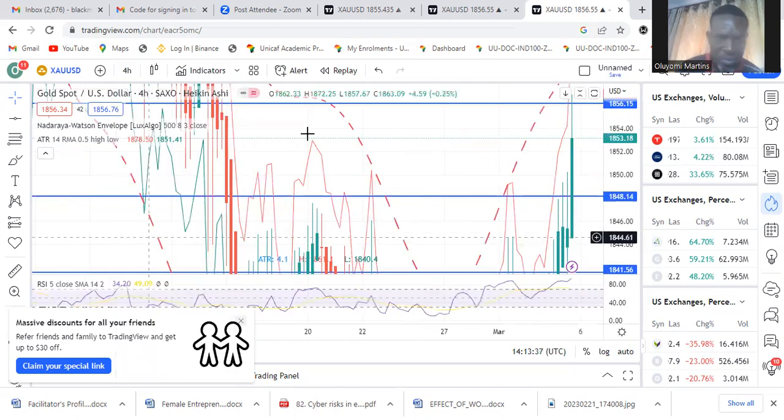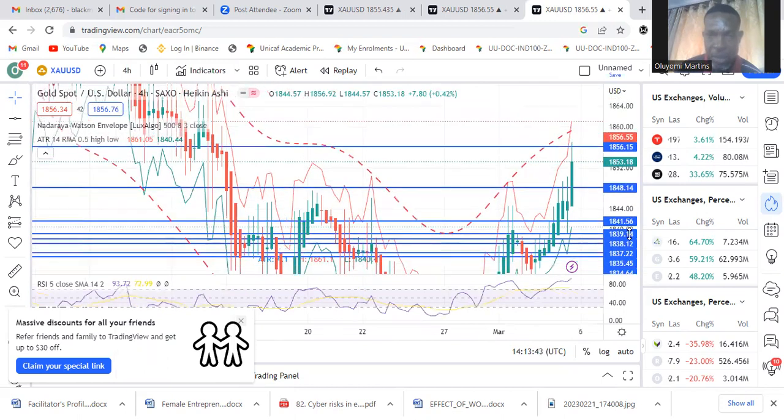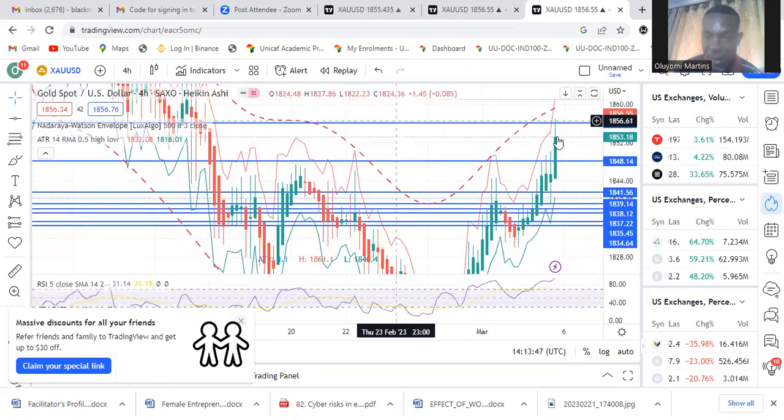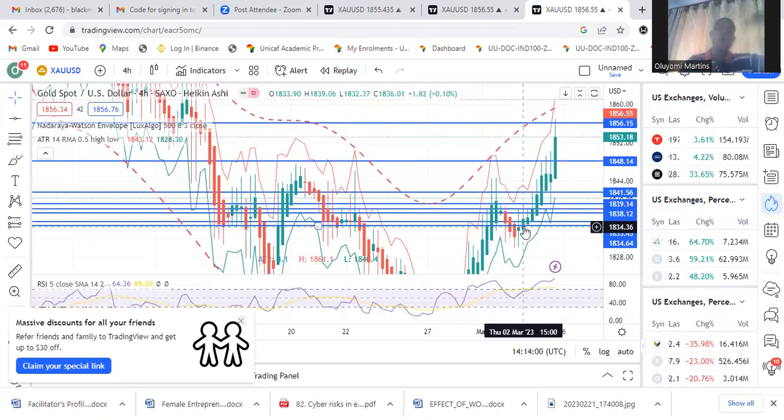Now, you can see from this chart, let me just draw this a bit so that you can see properly. You can see from this chart, each candlestick was formed after 4 hours. Do you understand? Each candlestick that you see here was formed after 4 hours. Why you normally take your trade or your mapping on a higher time frame is